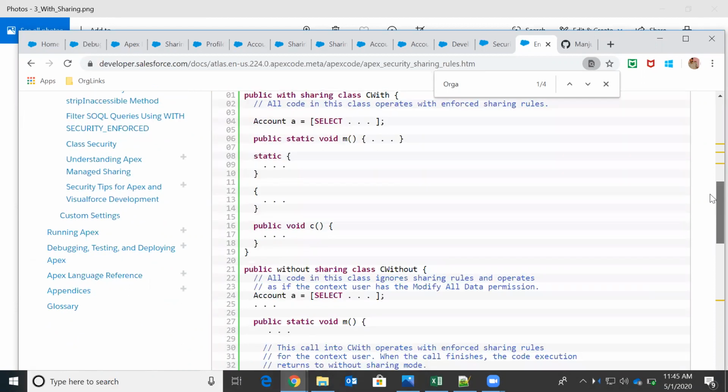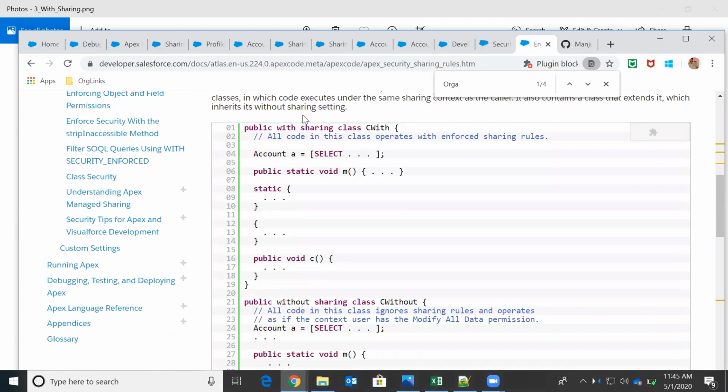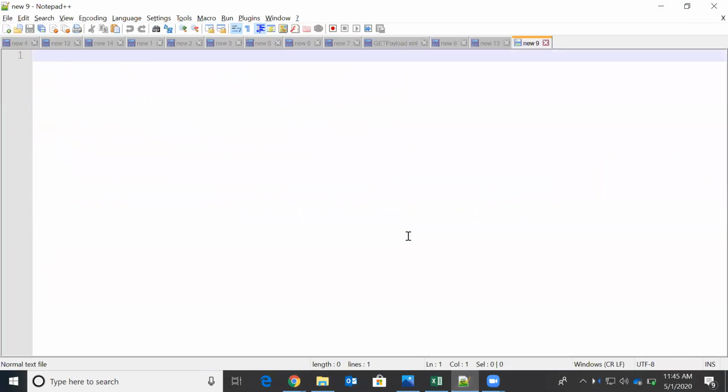So there is a class, and with sharing is not for methods, it is at class level. And we can have inner classes also. You understand what inner classes are, right? Let's say I'm writing a class name cls1, this is called the outer class.